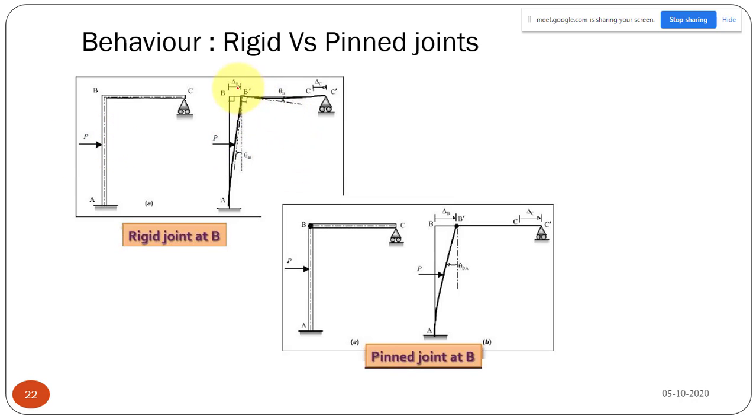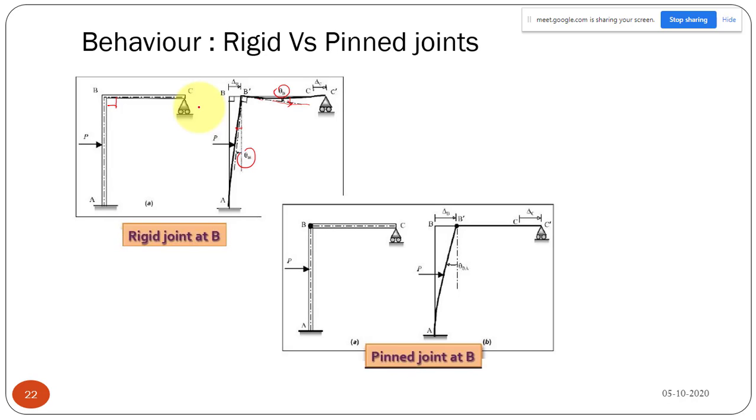There is some displacement at this column top, but before this we have a 90-degree angle, and even after deformation, your beam is deflected like this, a column is here, but this angle will be maintained as 90 degrees. So whatever is the slope in the beam, and whatever is the rotation in the column, both will be the same. This theta and this theta are going to be the same. That is the meaning of the rigid joint connection. In other words, we can say two members are rigidly connected.